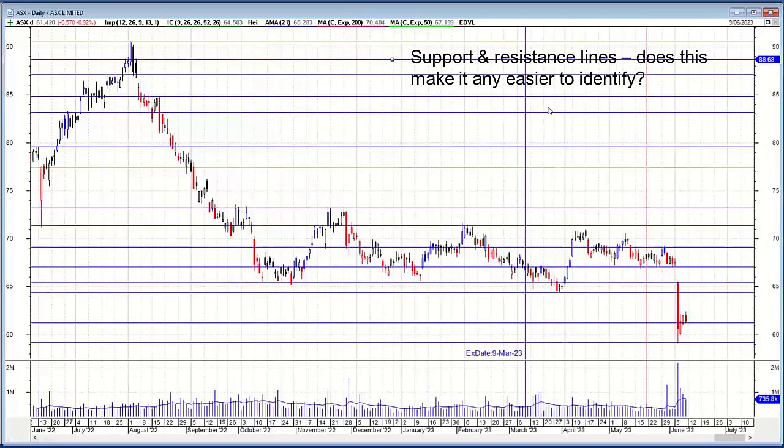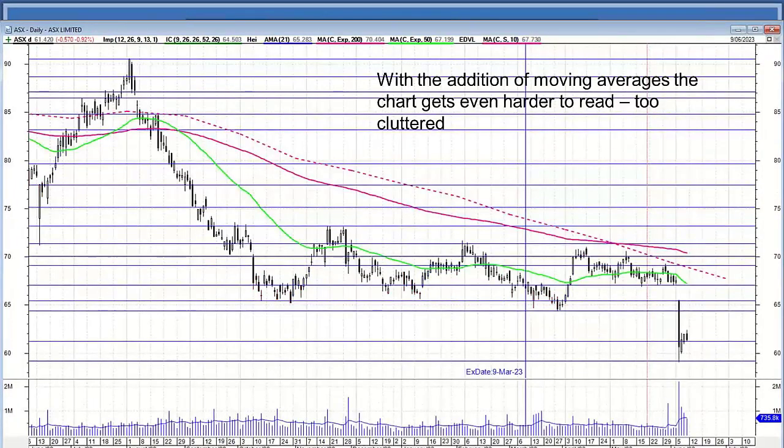Okay, here's your normal chart again, and this one I plotted support and resistance lines, and it makes it pretty messy. And if you want to add your moving averages to it to see if it's in an uptrend or a downtrend, there's a 50 period, a 200 period, and this one, not many people talk about it, but